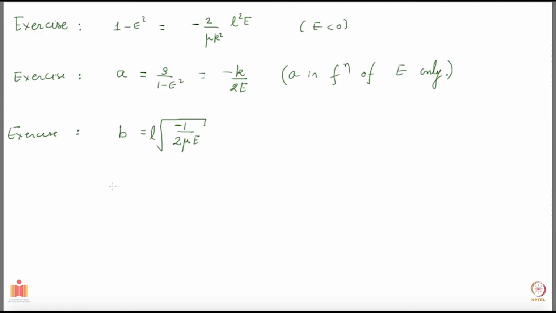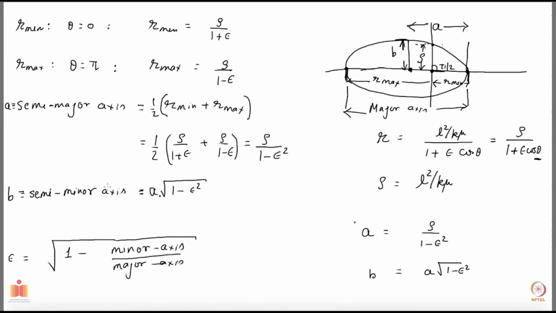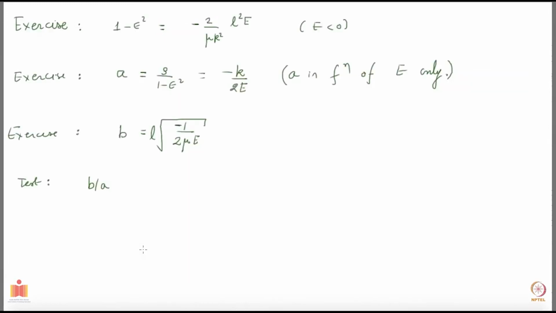Okay, so let's look at what I'll call a test. I'm testing it. So let's look at B over A. Remember, B over A is related to eccentricity. Okay, let's go back here. Remember, epsilon is minor axis over major axis. So I just want to calculate B over A from